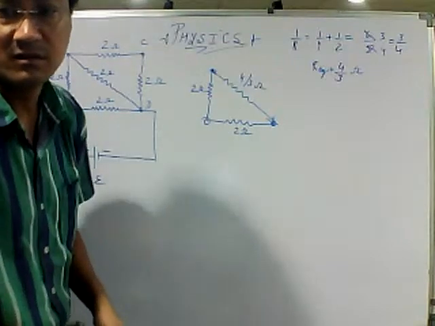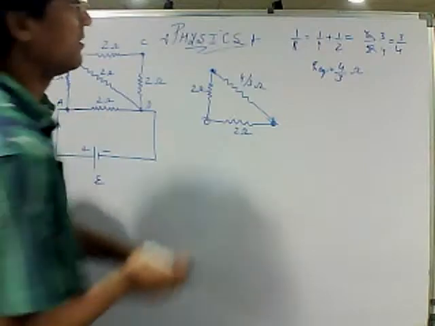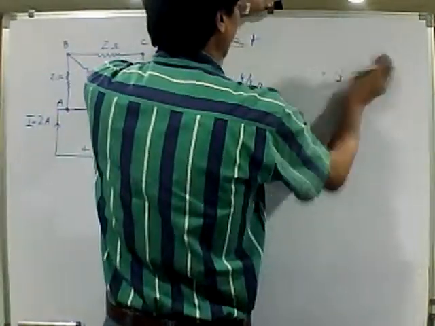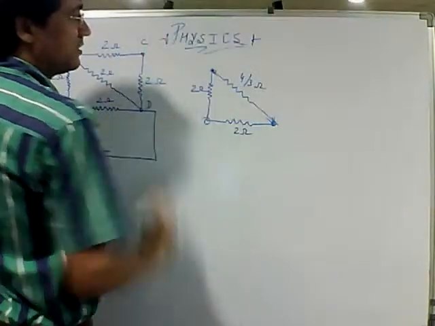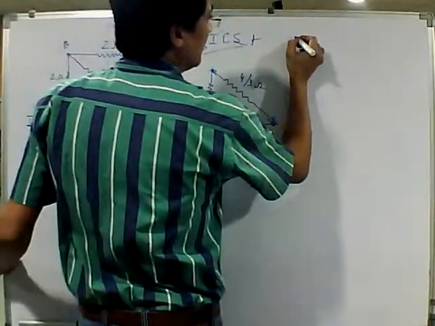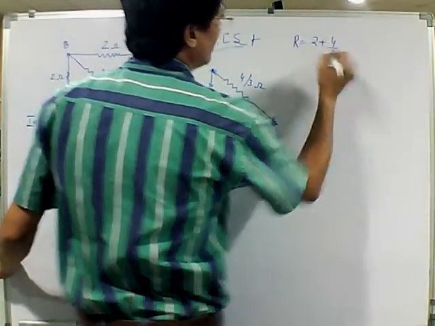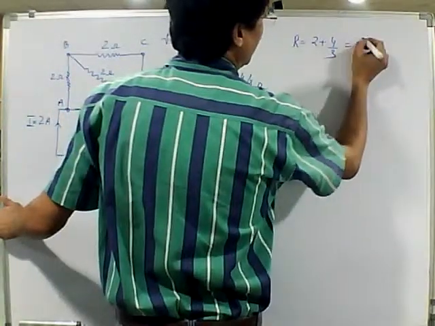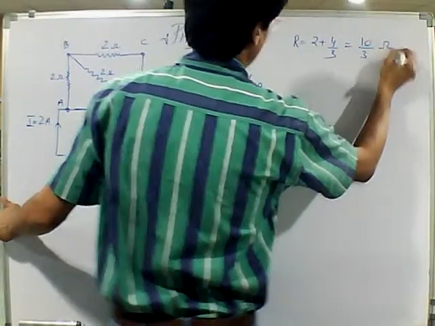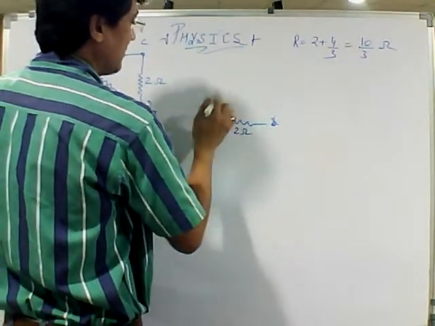3 and 2, they are in series. Okay. No issue, beta. If there is a mistake, we can check it out. So 4 by 3 and 2. Now they are in series. So I'll have R given as 2 plus 4 by 3. If we have 2 plus 4 by 3, it would be 10 by 3 ohm. So I can get rid of this also, and I'll have 10 by 3 ohm.